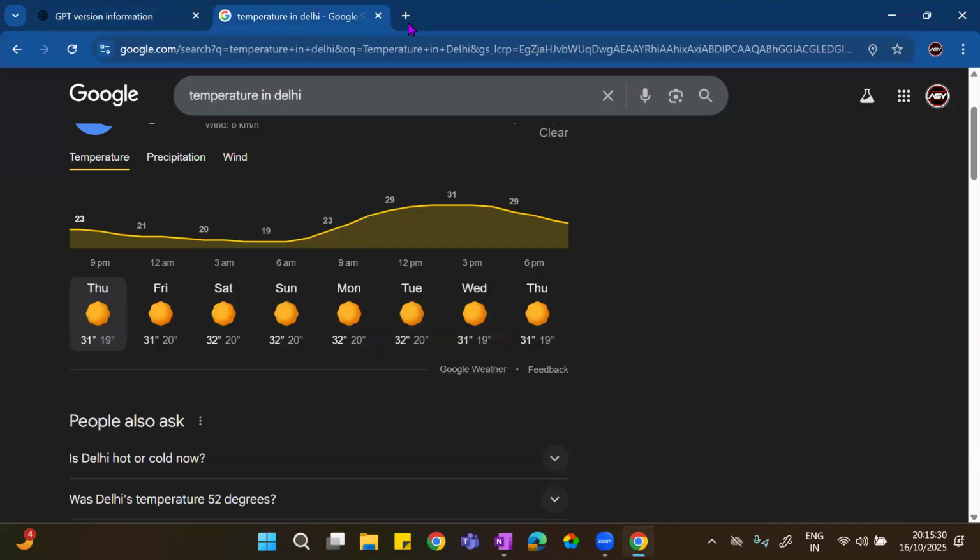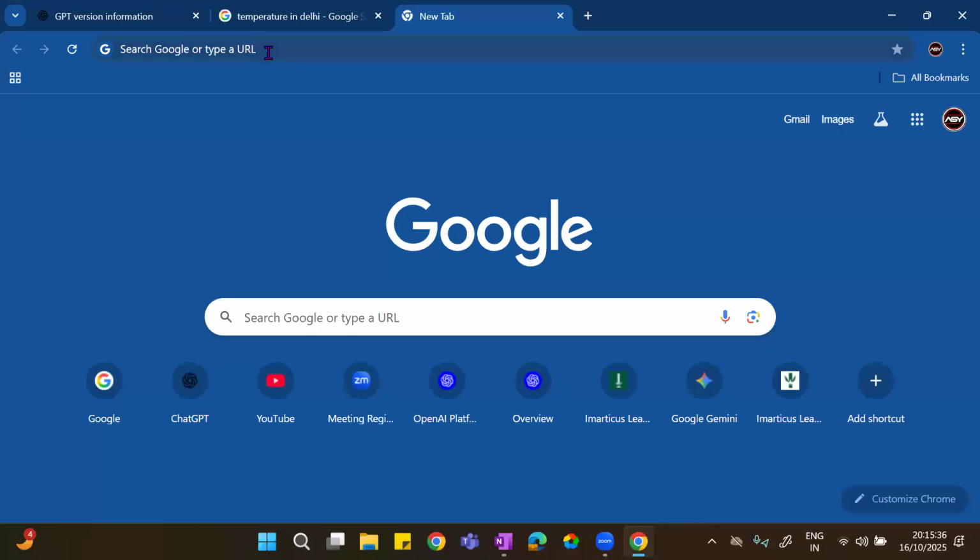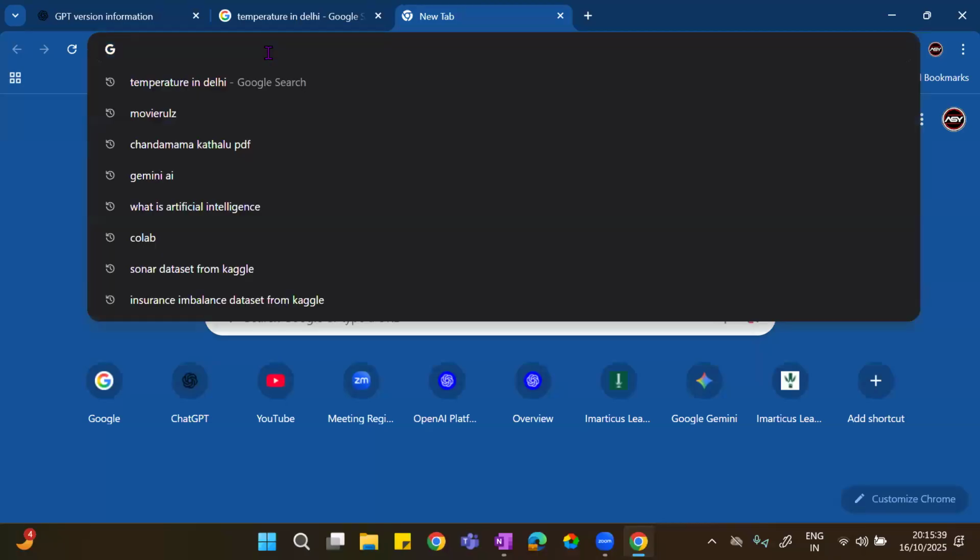I'll go with an open source one using Grok.